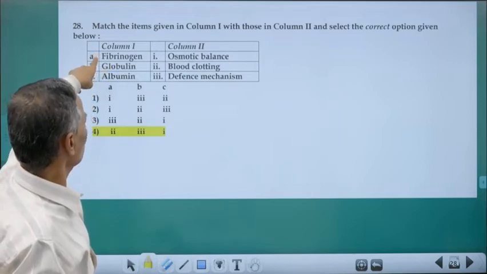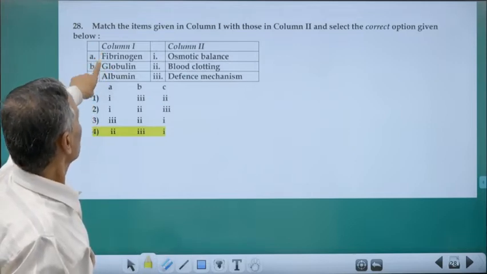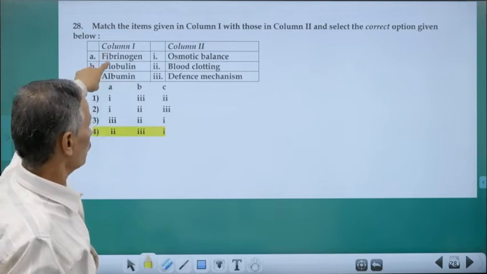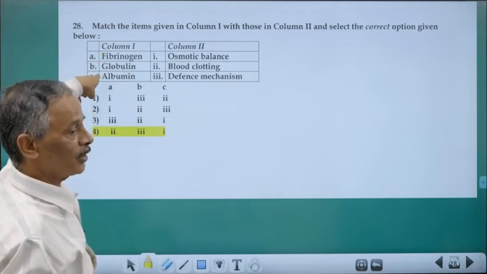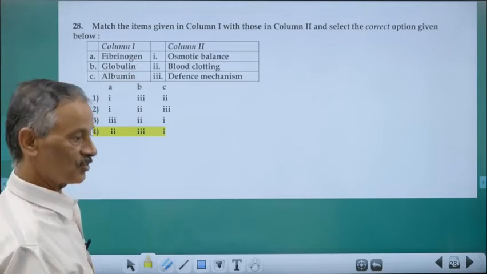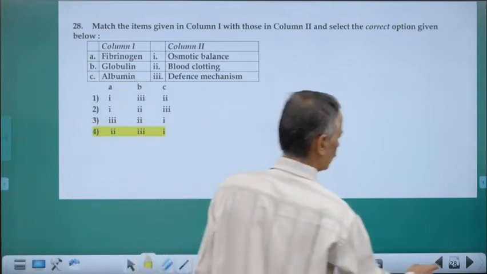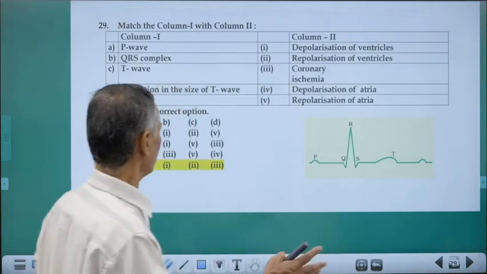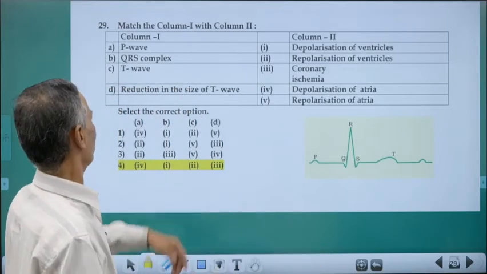Fibrinogen is responsible for blood clotting. Globulin, immunoglobulin, is responsible for the protection of the body, the defense mechanism, and albumin for osmotic balance. The same type of question we have discussed earlier and it is very often repeatedly asked. Again, here you are having